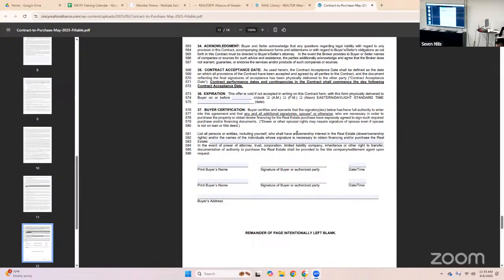And I would implore anyone who ever intends on writing a contract now or in the near future, which I hope you do because that's why we're in this business, is to write contracts. Know what you are putting in front of your client to have them sign. If you don't know it intimately, you're not doing your job. I will just say that. So know this contract. And I would say, please come to contract classes.